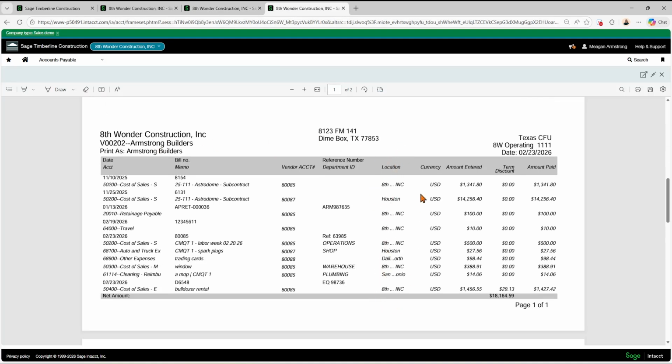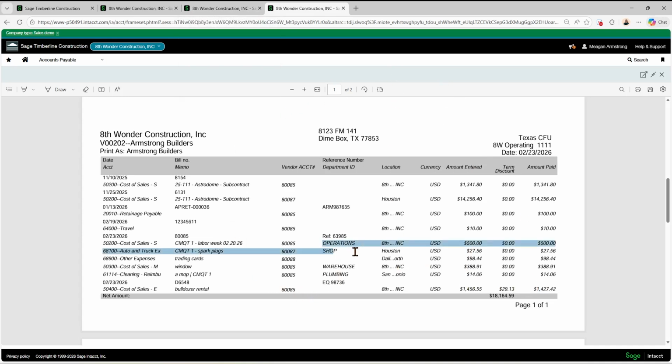So if your location names are long like mine, you might want to set that to ID and make that something your vendors will recognize if you need them to. We've got our currency, we've got our amount entered by line, and the discount term also by line.